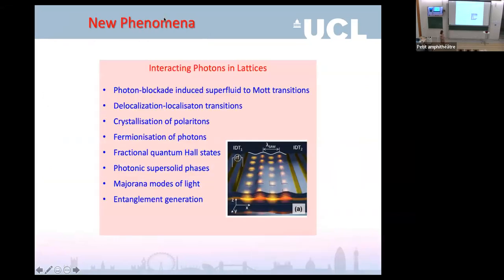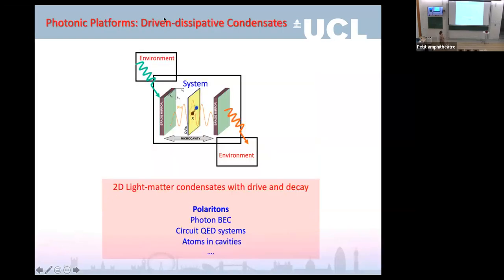And when we get there, obviously there are a lot of proposals looking at all kinds of strongly correlated phenomena, which we already had in the previous talk, even going to states which lead to fermionization of photons, fractional quantum Hall states, Majorana modes. Those have been theoretically predicted once we achieve the strong photon blockade. Okay, so this is just a very brief introduction to the state of these interacting photons